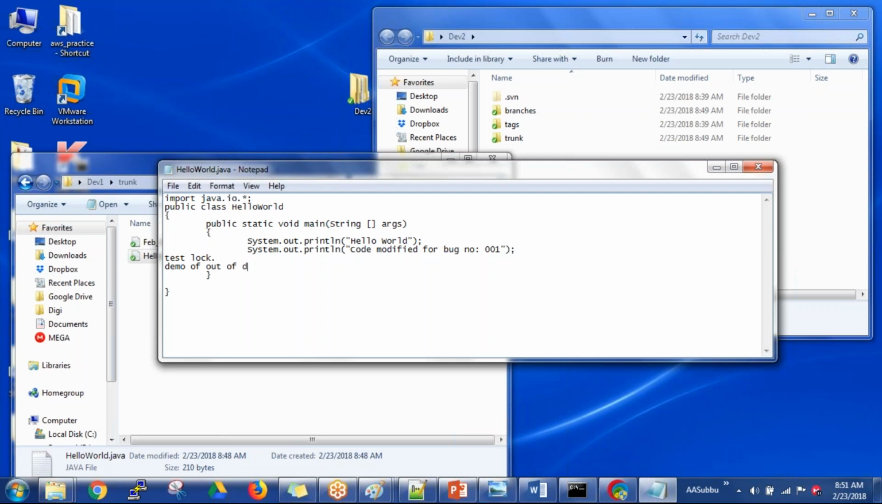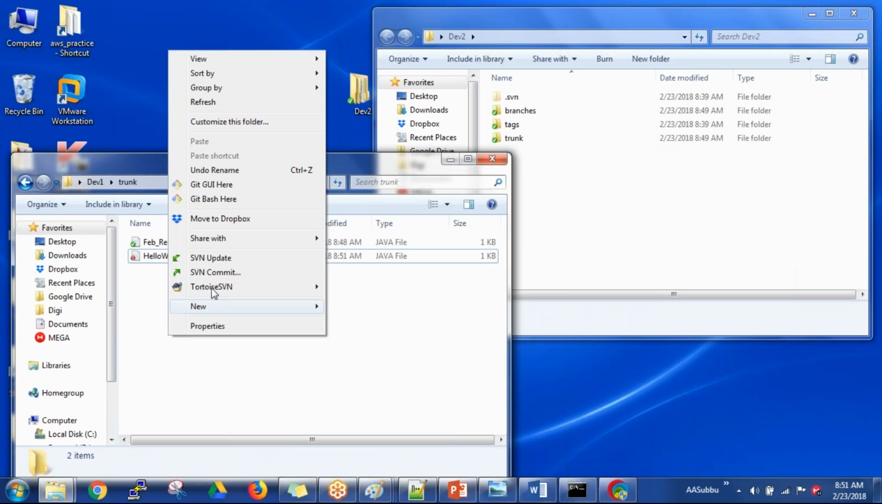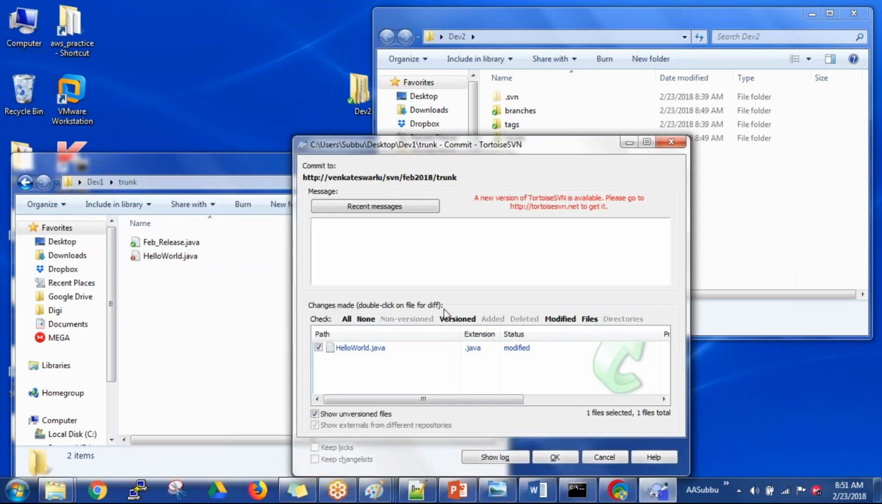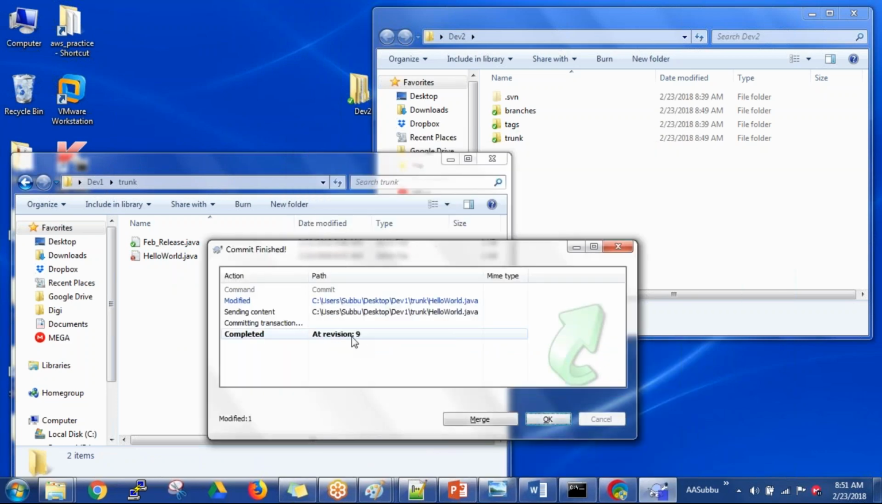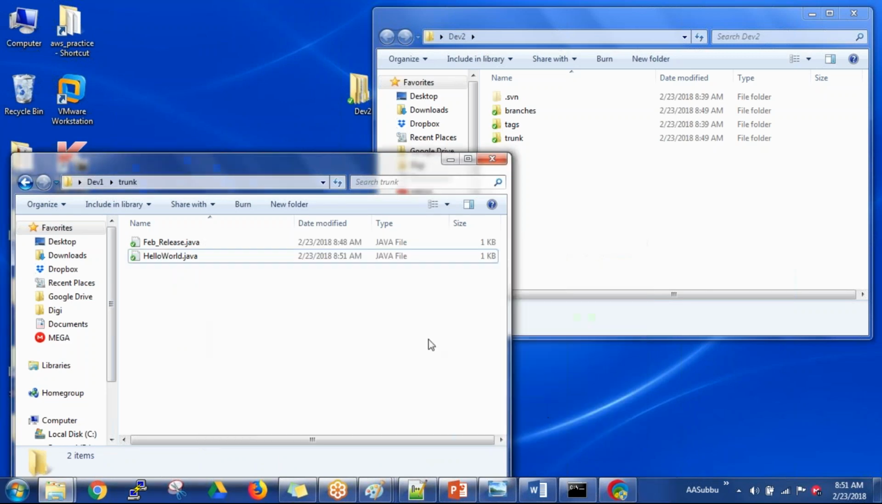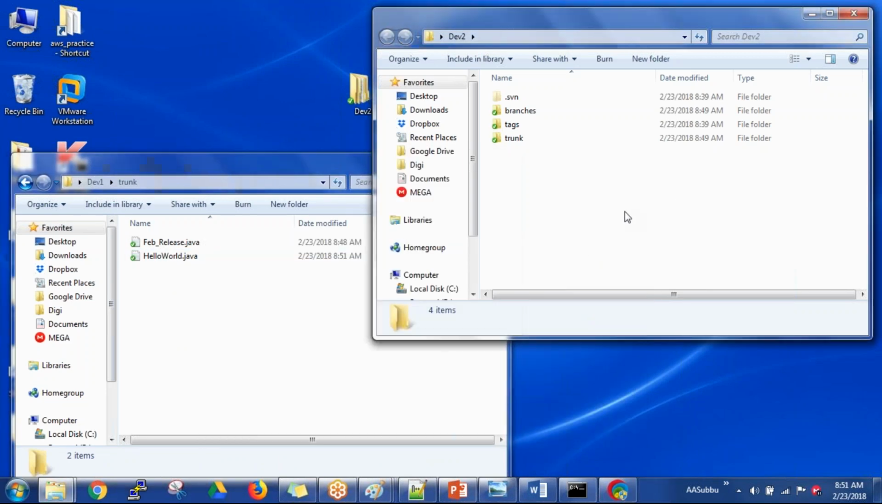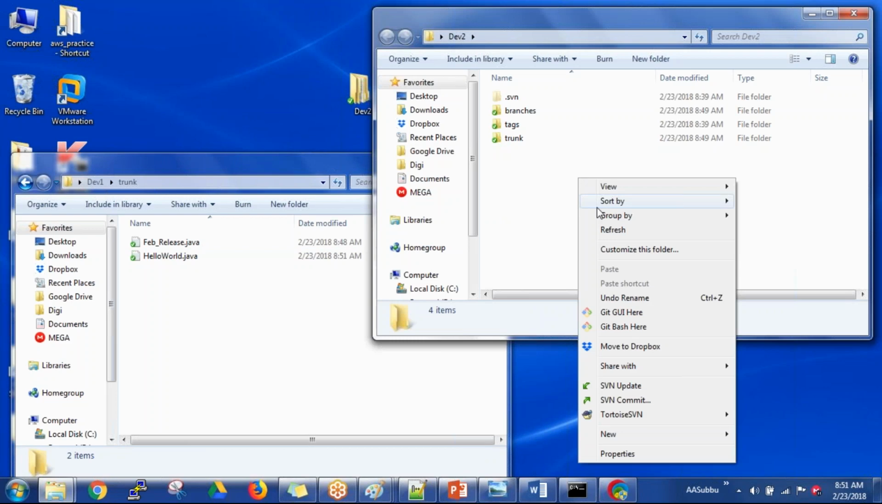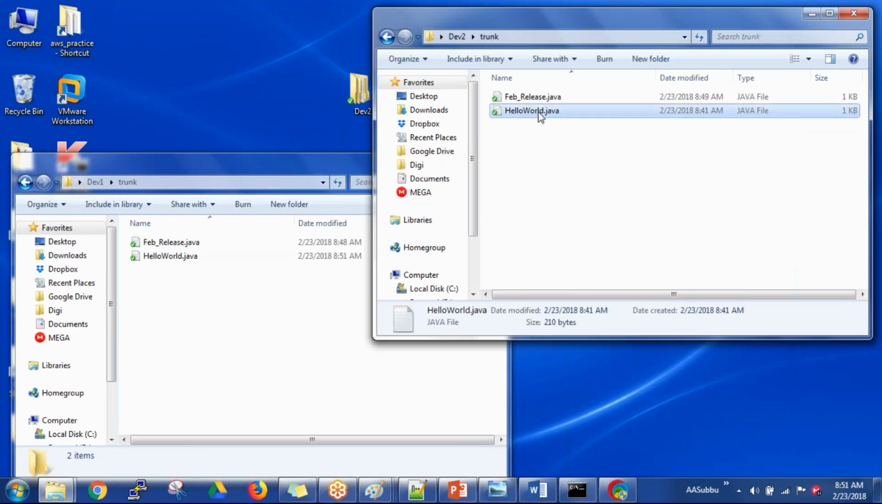Demo out of date error. Okay, so commit. Developer 1 is doing it right. It is now at version 9. Now if you go to developer 2, if he is trying to commit something,